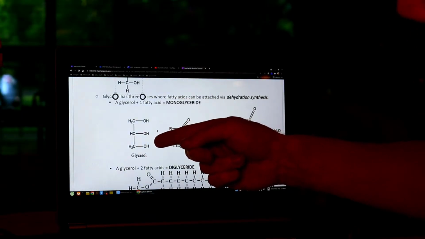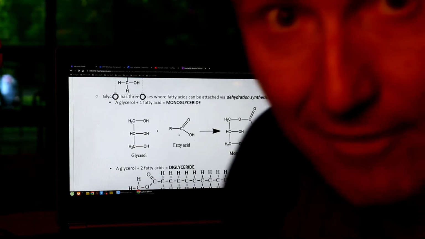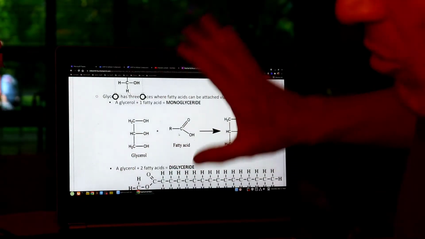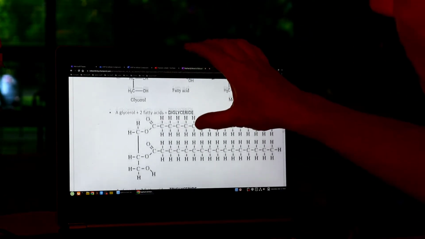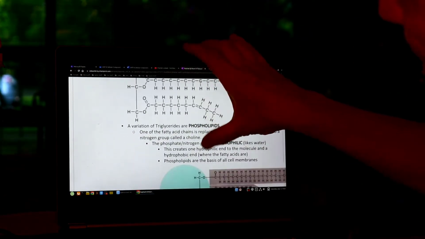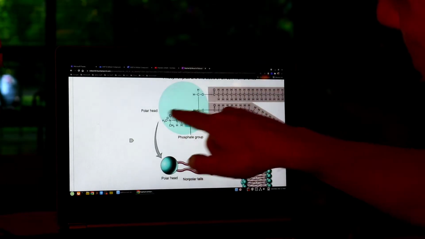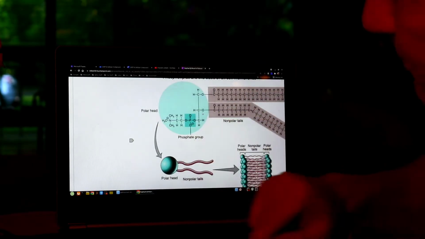But what if we took one of these fatty acid chains? We got rid of the fatty acid chain. These are all, remember, hydrophobic. All of these things are triglycerides, and they're all still hydrophobic because those big long chains are hydrophobic. And then what if, instead of a fatty acid, on that third position we added a phosphate group